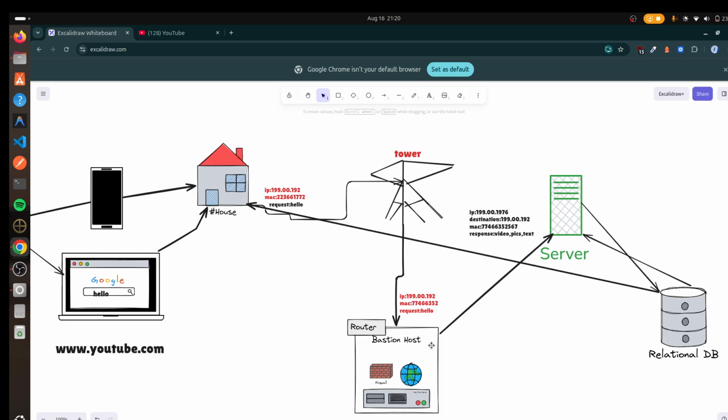So give me the request, I'll forward it for you. Then the data center of MTN forwards your request and your IP, but it changes your MAC address. So why does it change your MAC address? There are two reasons. Not just security, but the major thing that actually happens